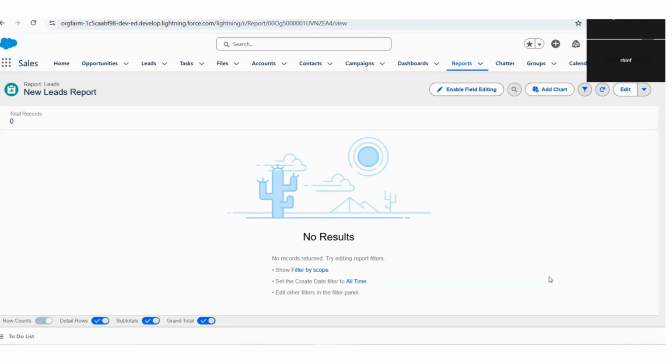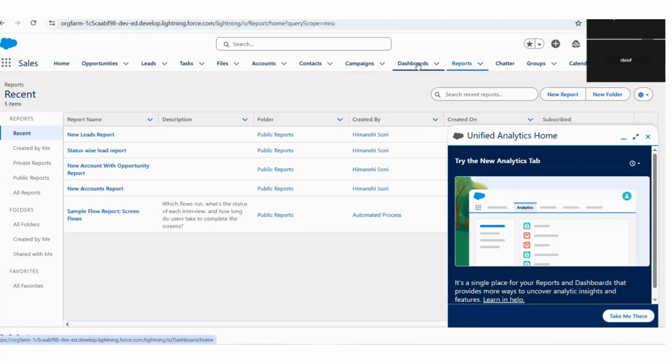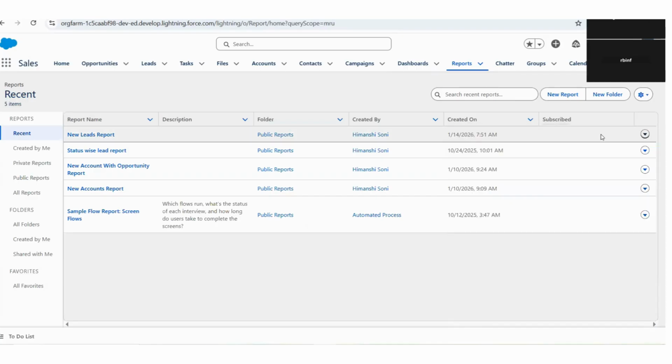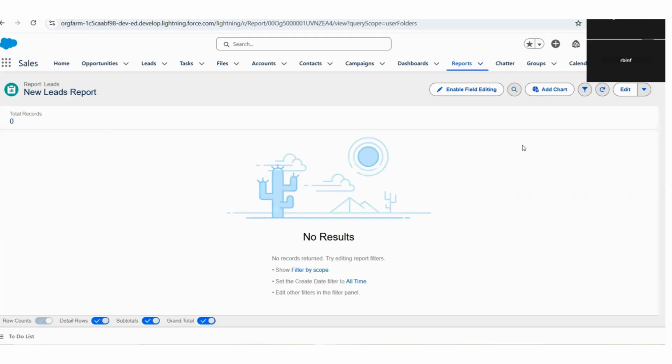व्हाट इज डैशबोर्ड? डैशबोर्ड क्या होता है? It's a visual representation of reports. एक डैशबोर्ड बनाकर दिखाइएगा। इसी रिपोर्ट को आप डेट चेंज कर दीजिए, जो क्रिएटेड डेट है वो 2025 से स्टार्ट कीजिए, तो उसमें कुछ लीड डेटा आ जाएगा। और फिर इसी रिपोर्ट को आप डैशबोर्ड में शो करवाइए। ठीक है।